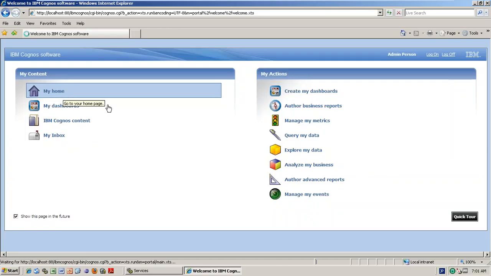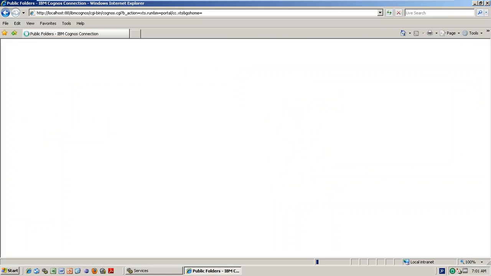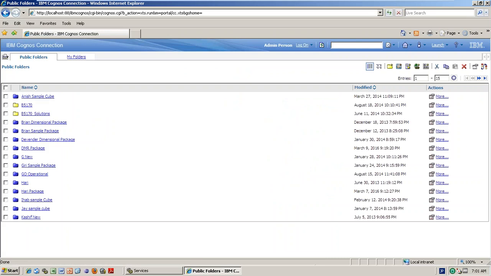Discussing something about the PowerPlay Studio. So we have discussed most of the properties and we are going for the final. Mostly the PowerPlay Studio is exactly an analysis studio type, as you know, right? PowerPlay Studio will take the source from the transformer cube. That's the only basic idea.